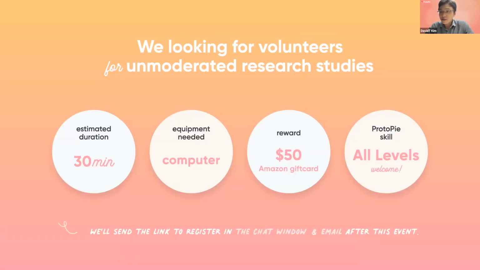We're looking for volunteers, and the estimated duration would be about 30 minutes per person. The equipment you need is a computer. You'll receive a $50 Amazon gift card. For ProtoPie skill level, all levels are welcome. You don't need to be an advanced user to participate. We'll send you a link within the chat window and by email after the event